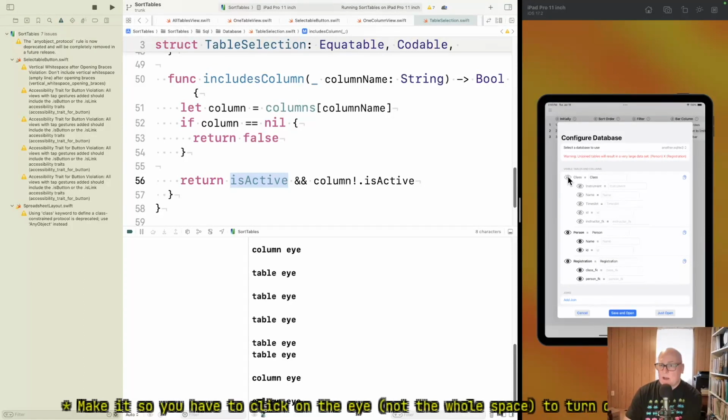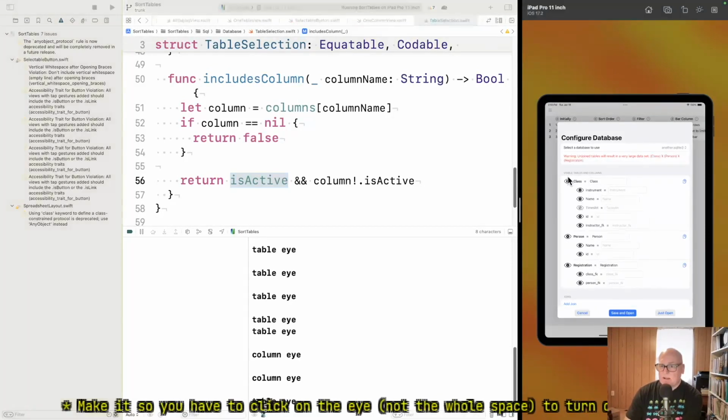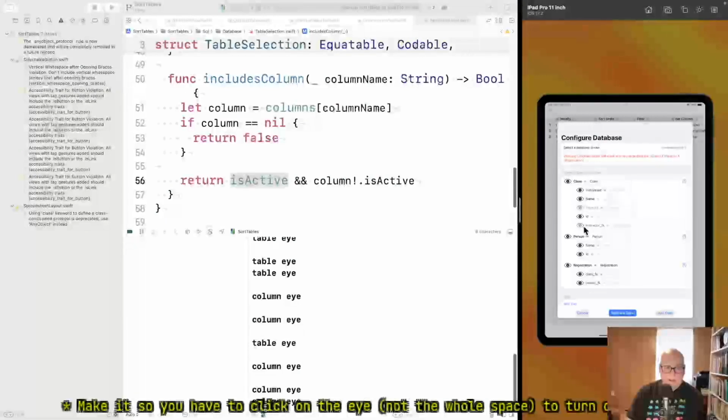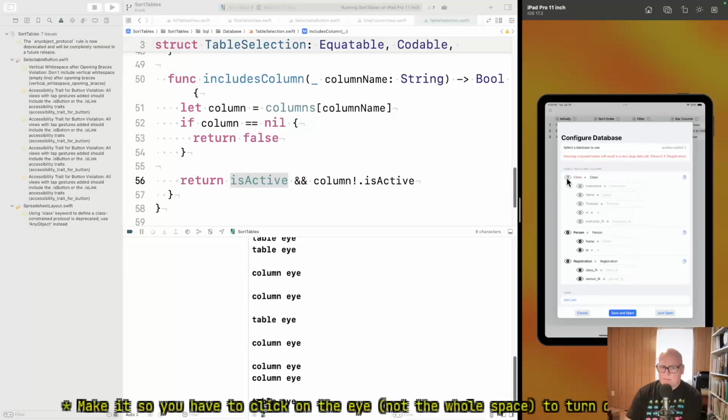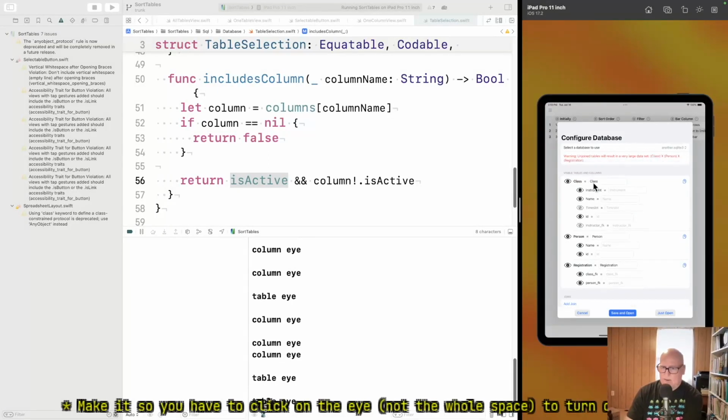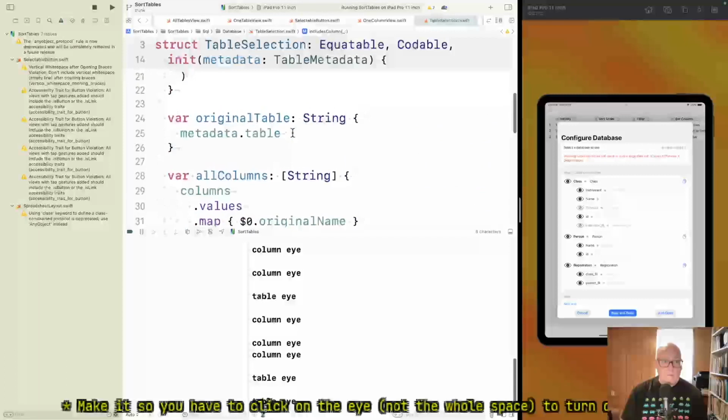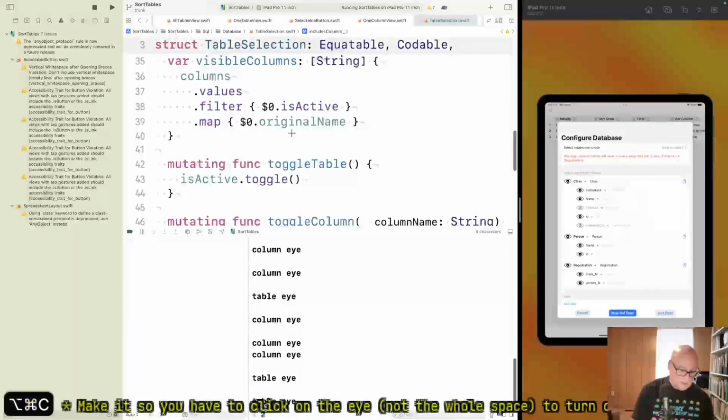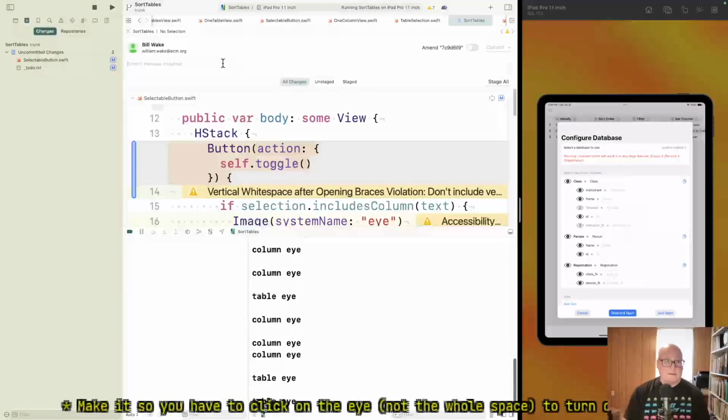Okay, but when this comes back, I should have some active and some not. Yeah. Okay, so that was table. And I can do column I. Put it back. I don't know why the blank lines are there. Turn it off. Turn it on. Okay. Yes, that does seem to be working. All right. Now, okay, so this is